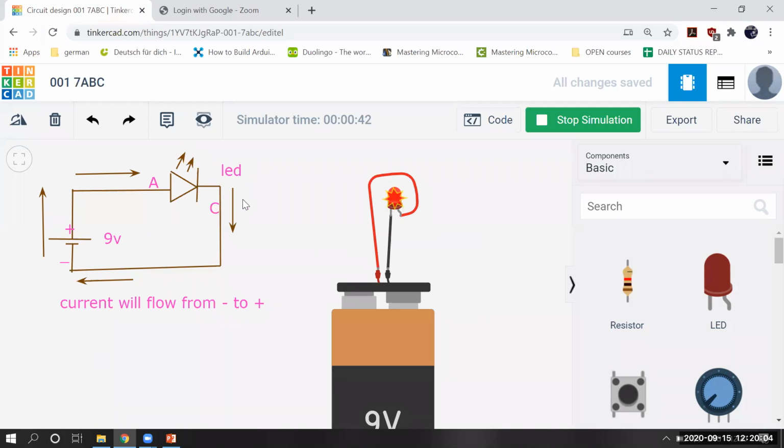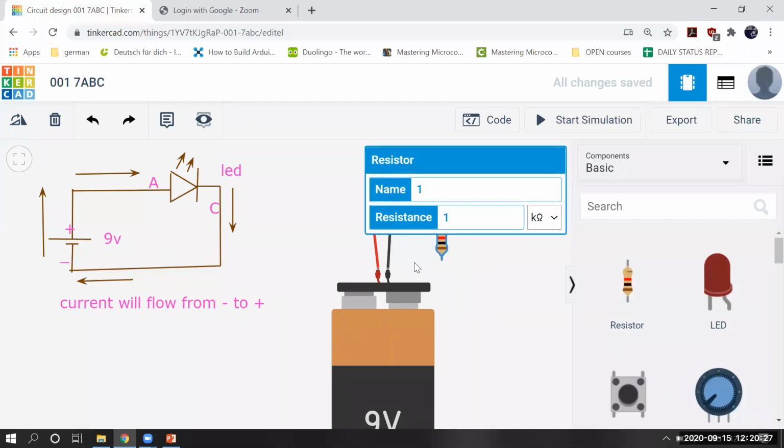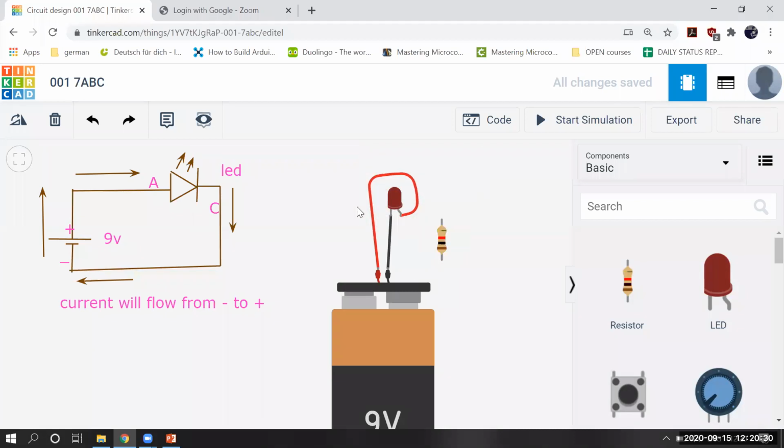So to prevent this, what should we do? We should give the LED a maximum of 20 milliampere. We should not give more than 20 milliampere, right? So what should we do? For that purpose, we use a resistor. Using this resistor, we can change the flow of current. We can obstruct the flow of current. If I want to show it here, I will just connect one resistor. Let me draw it properly.